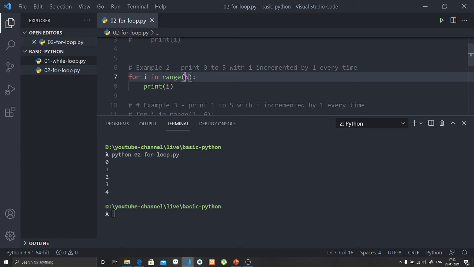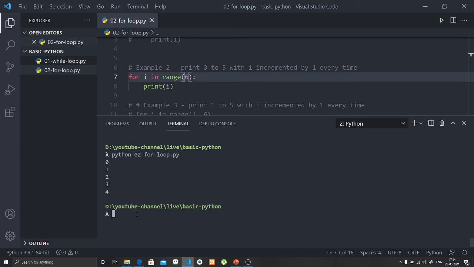If you want to print 0 to n, you have to give the value in range as n plus 1. So if n is equal to 5, you have to give range n plus 1, that is 6. If you want to print 0 to 100, then the value you have to give is 101.